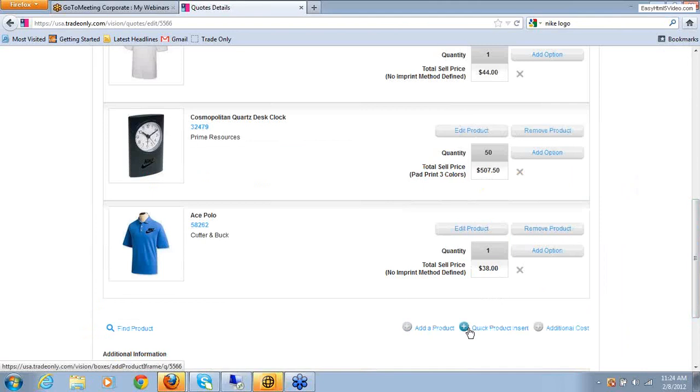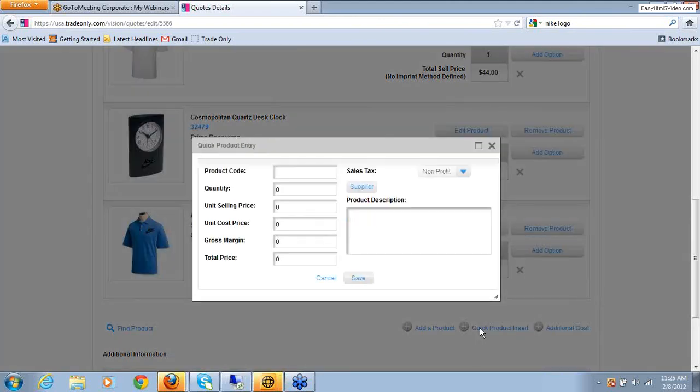But you also have the quick product insert. So this is a way of adding a product as a line item to your quote. It may be something that you might not use again for another customer. So if I click on the plus button, I can add that quick product insert. I could add in the product code, the quantity. So say I just want to include 100 bottles of water for this event. I just include quantity, the sales price,